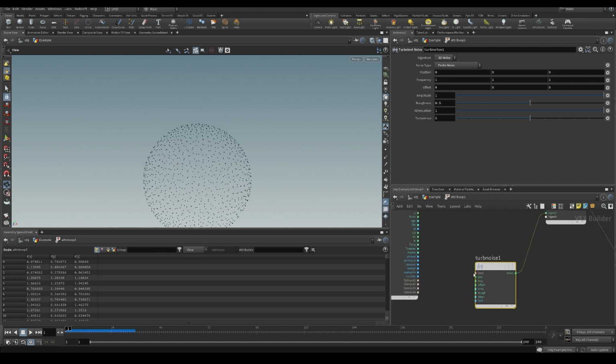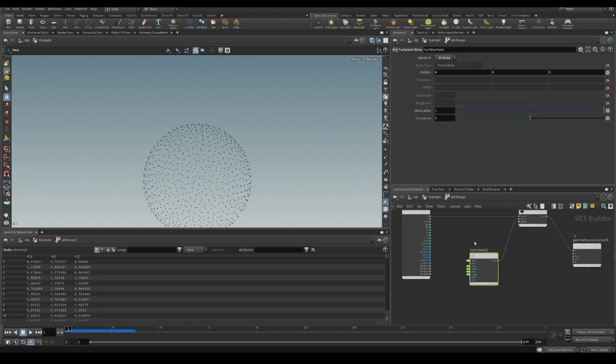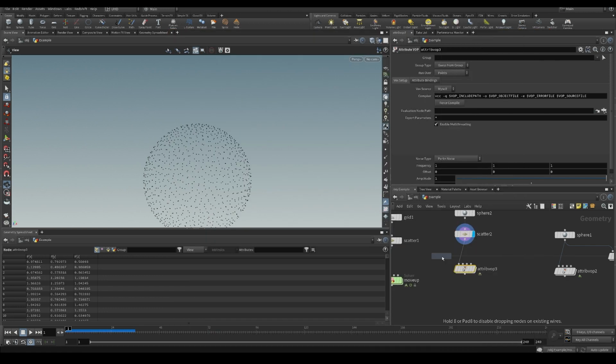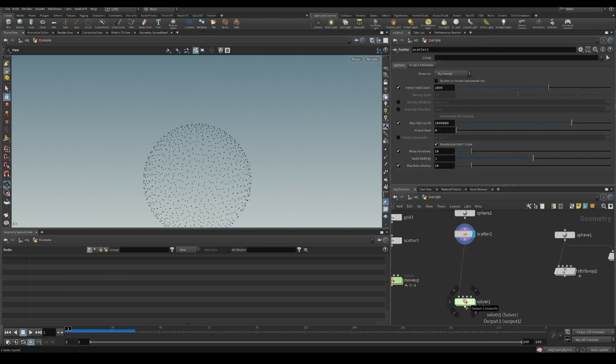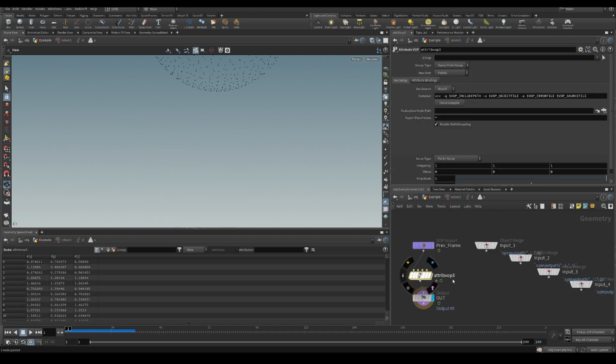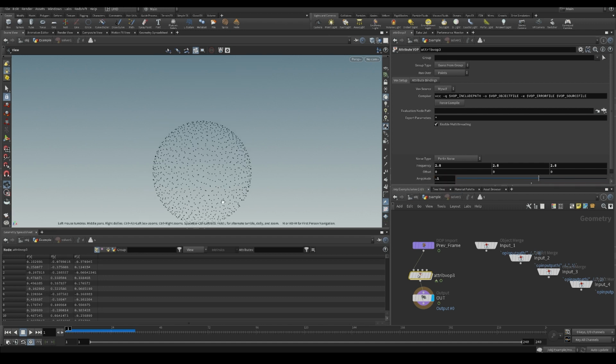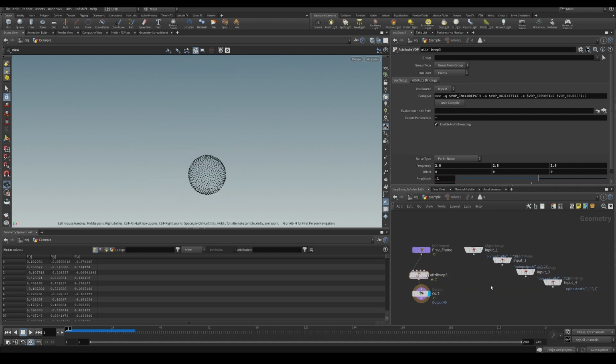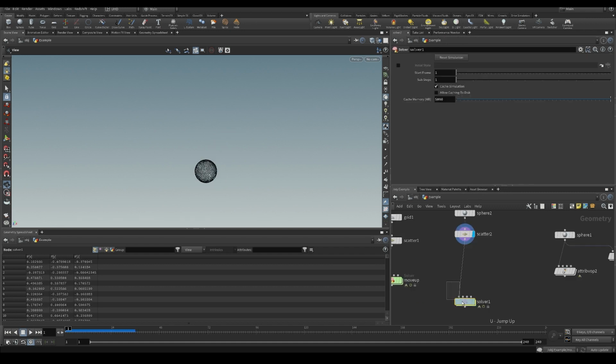So let's actually just try this. Let's promote all of these parameters. And we're going to just put it in a solver, and you can kind of see what this is going to do. Let's make a solver. Let's actually plug it in here. Let's increase frequency. Let's do 0.1. And right now, if we play this, let's go out and actually highlight this. This is going to move just as one thing in one direction here,